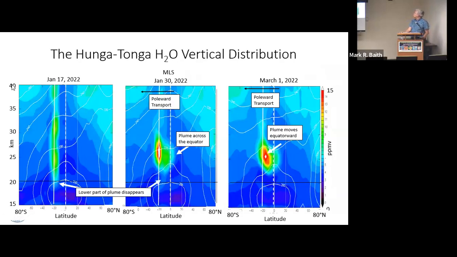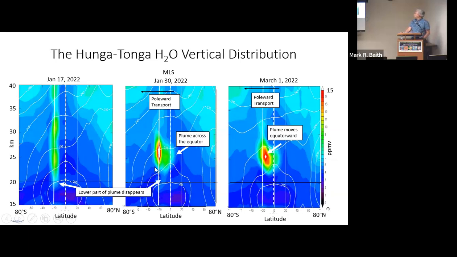So I'll move on just a couple of days here. I'm going to show you a movie of this a little bit later, but this just gives you some experience in looking at these. So this is the temperature field. It's the white dots. Hunga-Tonga is here. This is the equator in the middle, and this is the original plume you just saw in the last slide. So by January 30th, the lower part of the plume has disappeared. You can see here, I put a black line as a reference. You can see that it's right above the black line. Now it's way above the black line.